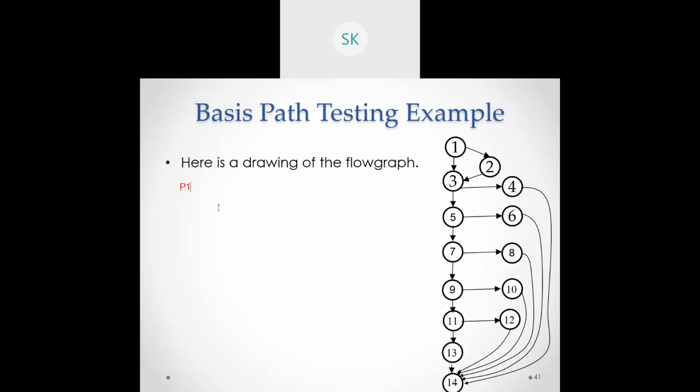I will always be referring to Mecca-based basis path. With respect to that, it needs to have the maximum node coverage with respect to the path choosing. That's what it says. So with respect to this entire flow graph, where the maximum nodes can be reached, I can go with 1 to 2, 2 to 3, 3 to 5, 5 to 7, 7 to 9, 9 to 11, 11 to 13, followed by 14. This is my first path.